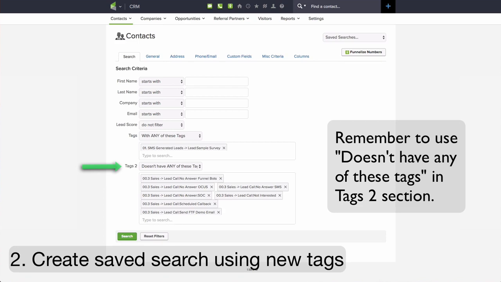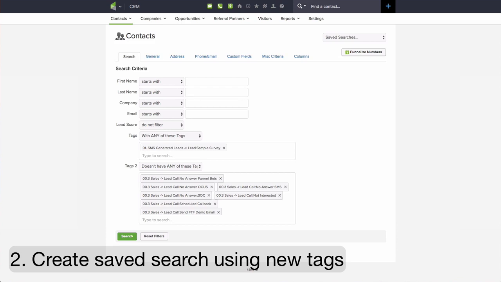What I'm looking to identify is all of the contacts that have my lead sample survey tag. But I don't want to pull any leads that have these tags. These tags exclude contacts from my saved search. So as I'm making phone calls on the dialer and applying these outcome tags, it will hide the person from